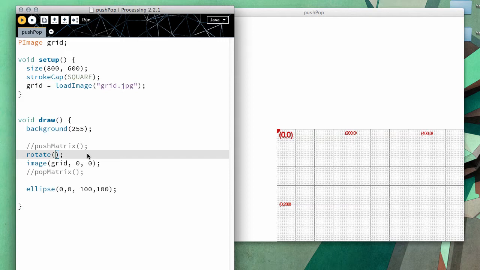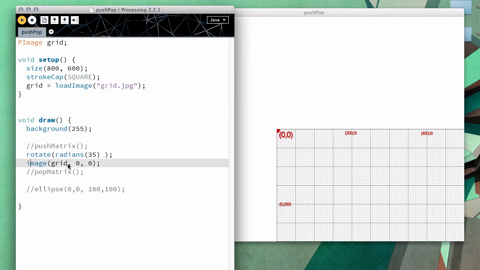If you think only in degrees and not in radians, there's a really easy shortcut way to do this, which is to type in the word radians, and anything between 2 parentheses, after you use the word radians, will convert degrees into radians. So let's say I want to rotate my whole scene by 35 degrees. I can do that. 35 degrees, I put the word radians in here, now it's going to convert 35 degrees to whatever the equivalent is in radians, and then it's going to rotate the whole sketch by that. Now I have my image here